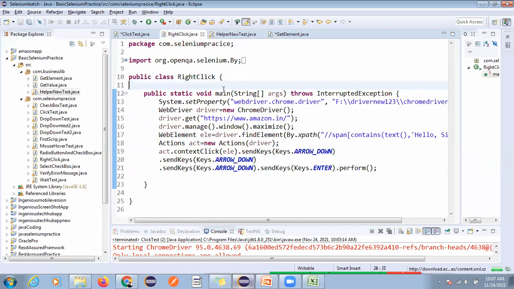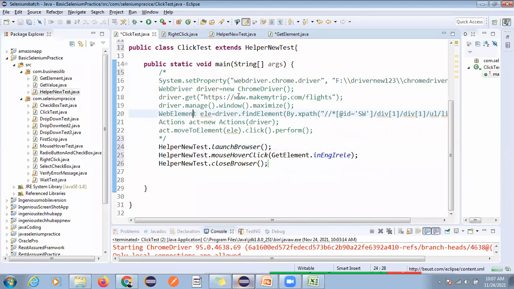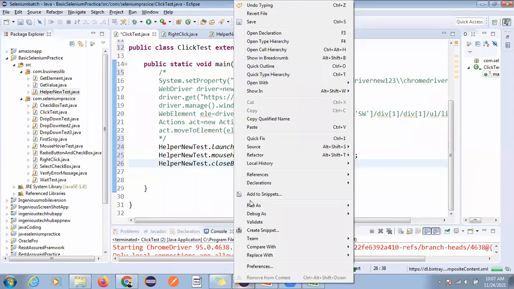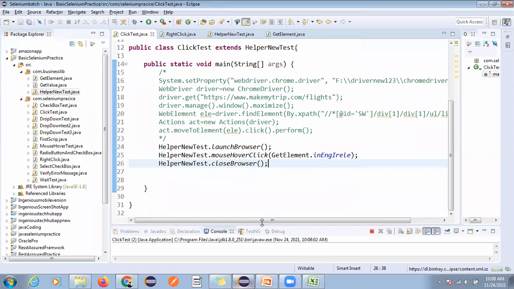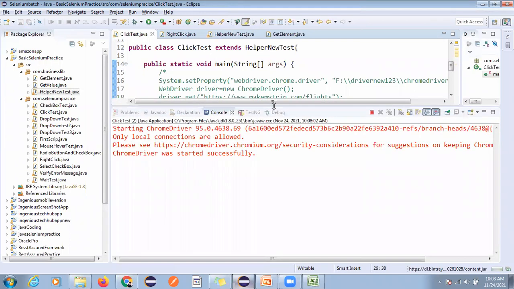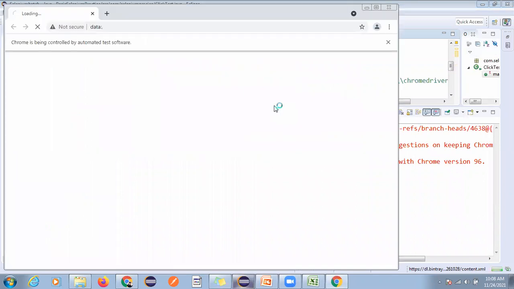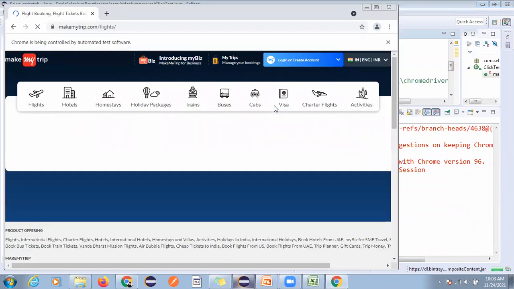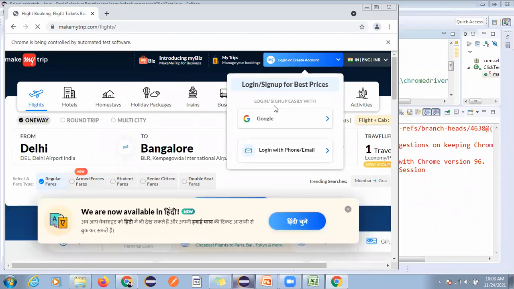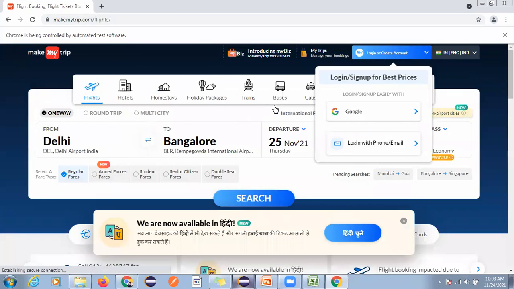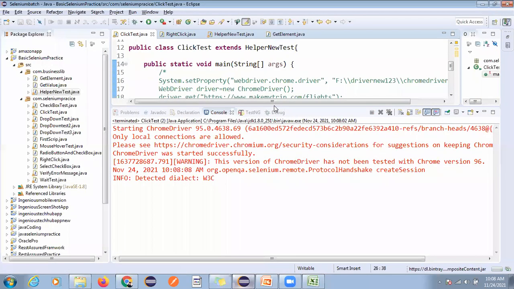Let me check this. Helper new and launch browser. So let me try to execute. Okay, it is working fine.